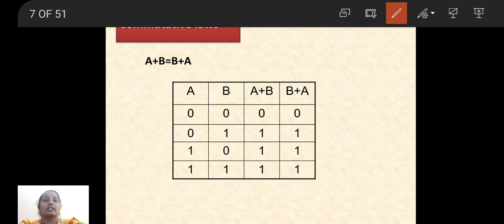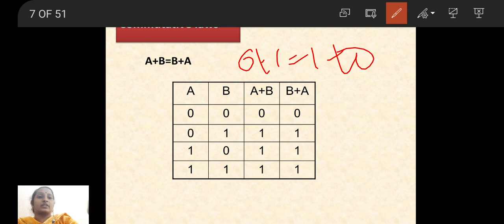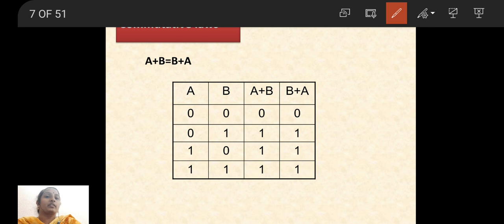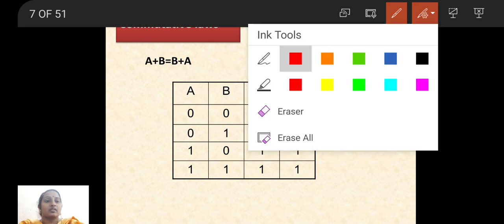So once we check, a 0, b 0, a plus b is 0, b plus a is also 0. 0 plus 1 and 1 plus 0: 0 plus 1 is 1, 1 plus 0 is 1. Next, 1 plus 0 and 0 plus 1. 1 plus 1 is 1, 1 plus 1 is 1. Is it clear? So this is a proof for the commutative law by taking LHS and RHS. Now we prove LHS is equal to RHS. Is it clear? So next, while coming to the next one,